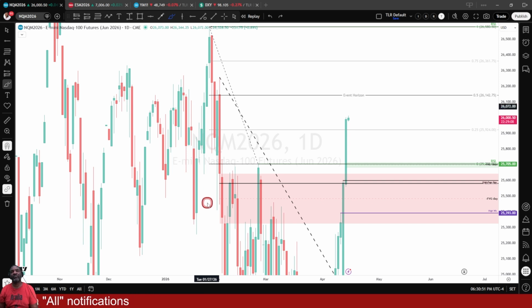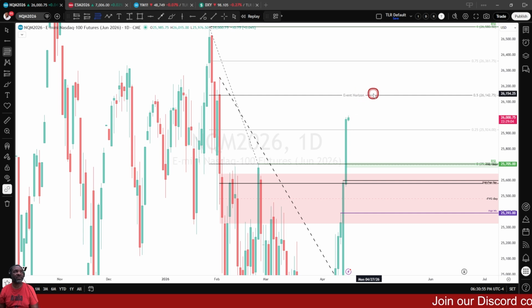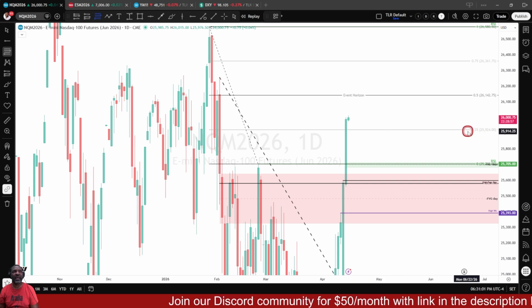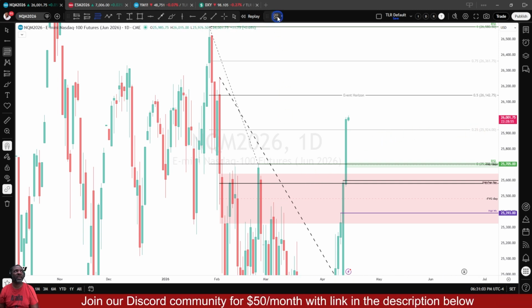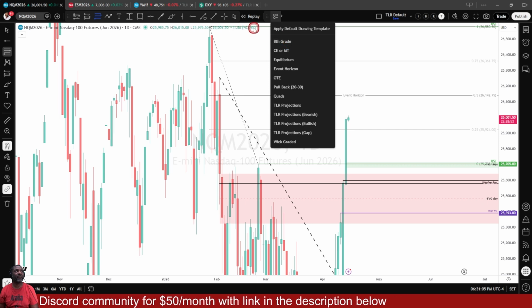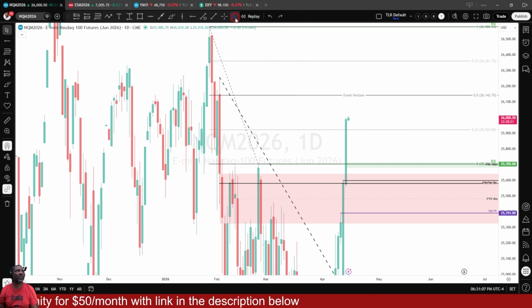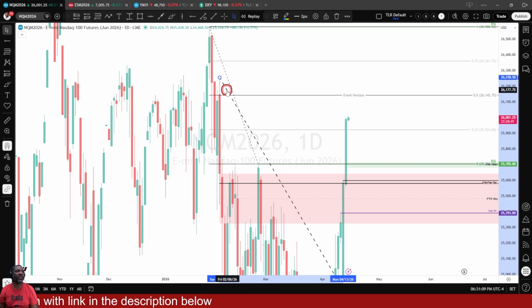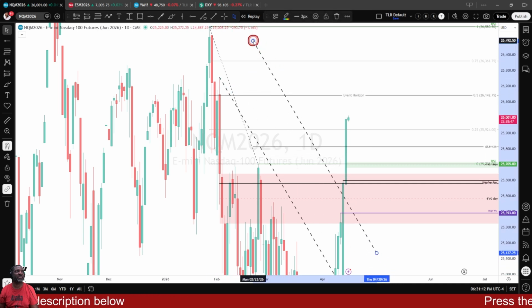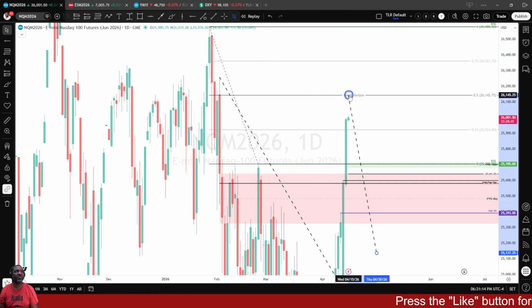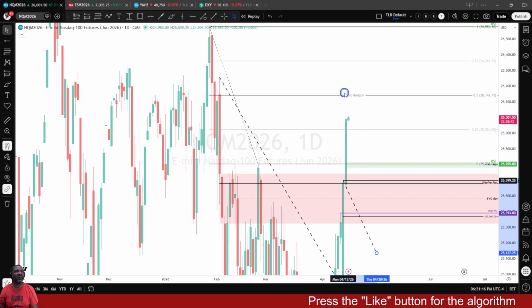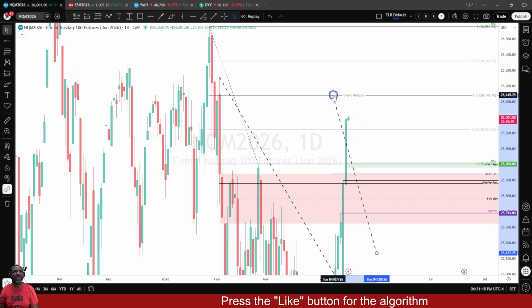Never fear. Our old friend Fibonacci is here. You see that event horizon right there at that 0.5. You see that lower quadrant right there. If you get a Fibonacci tool and just set it to consequent encroachment or equilibrium, we're just going to copy this one. That's all you need, just a 50% level, right? If you put it on that event horizon, which is at